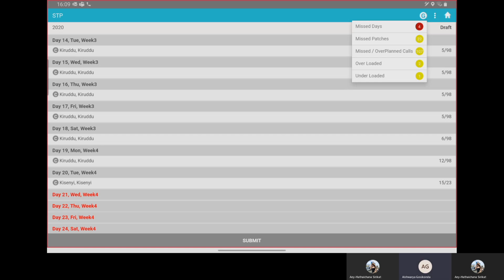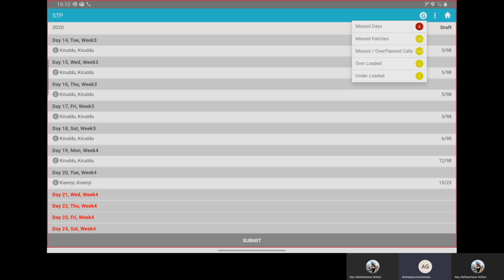And the third is overloaded. The overloaded and underloaded concept is company wise. Suppose as per your company norms, a rep must meet at least 5 doctors a day. He cannot meet less than 5 doctors. So if the rep is planning more than 5 doctors, suppose 10 doctors, 15 doctors a day, that will become overloaded. And underloaded means if the minimum requirement for the call plan is 5 and he has planned only 2 doctors, so that will come in underloaded.